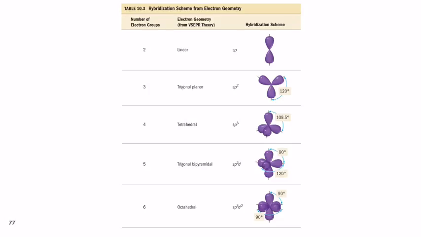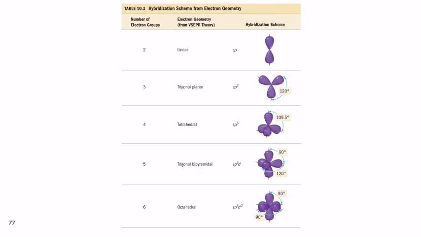So this is how we predict. You look at the number of electron groups. If you have 2 electron groups on the central atom, then your hybridization scheme is going to be sp. So you look at the central atom and you count the groups: 1, 2. See what I wrote on my fingers? S, P. So 2 groups,